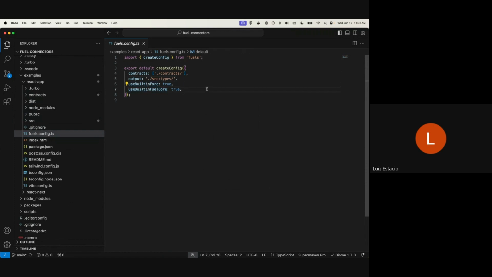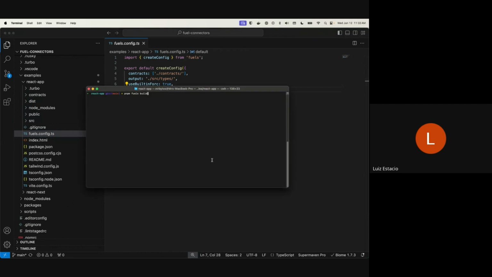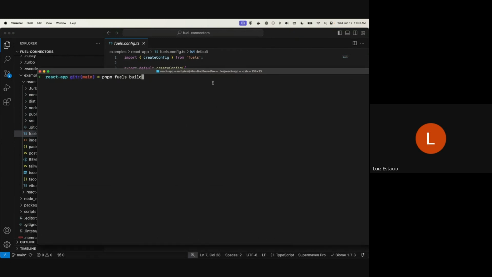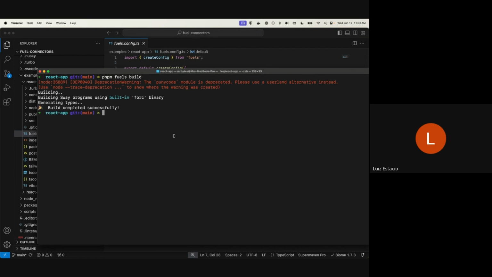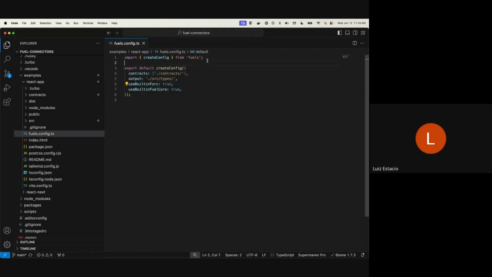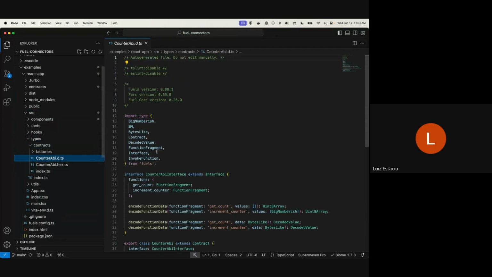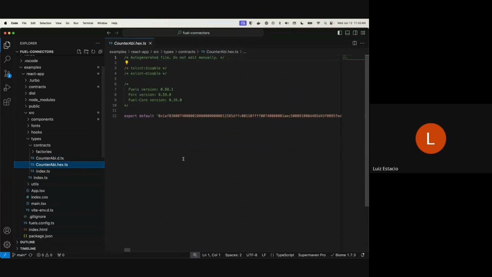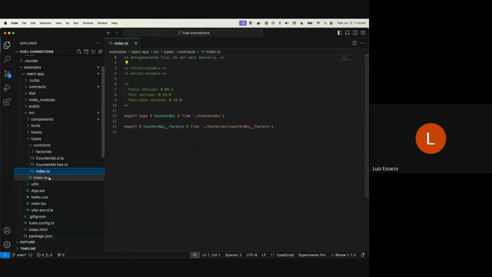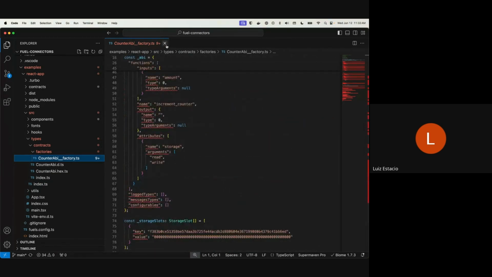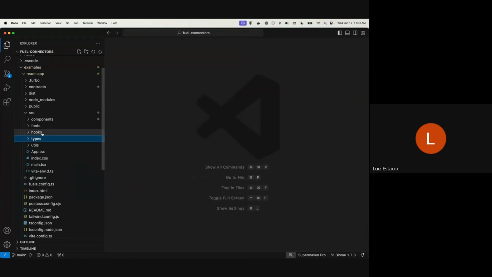And you can also consult the documentation for the TS SDK. And then once you have that, let me increase the letter size here. You can run npm fuels build on your project, and what it's going to do is build the entire contract and also build the types for you. And with that, you are going to be able to see the types generated for you to interact with the contract. And this is normally how dApps do it, they normally use TypeScript. And this is why we have this type of tooling.